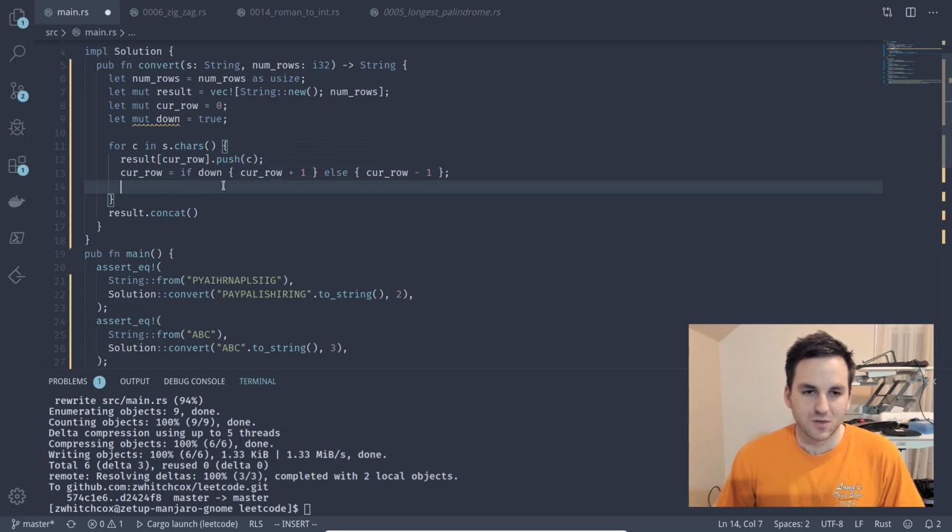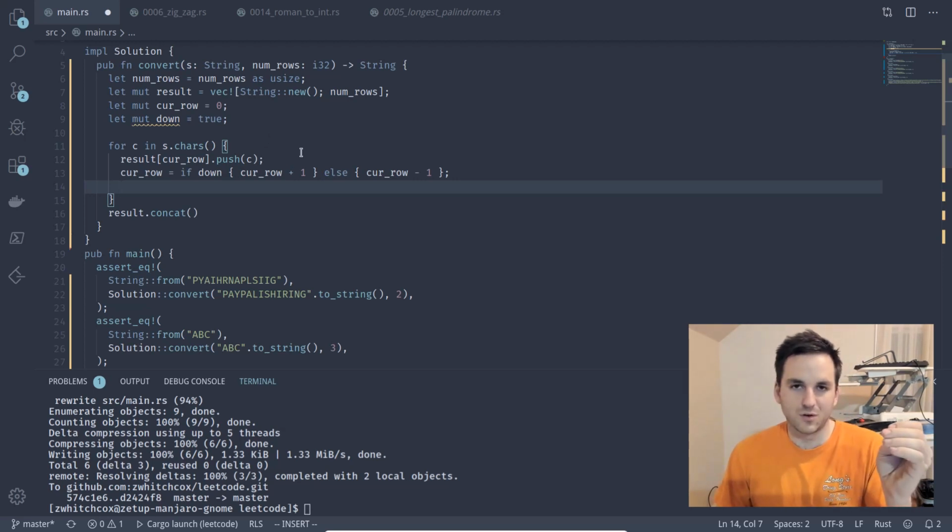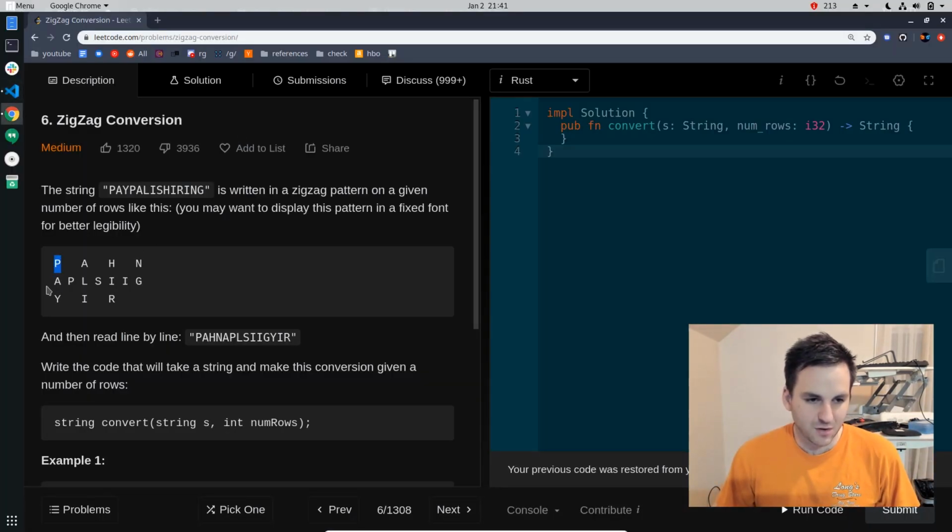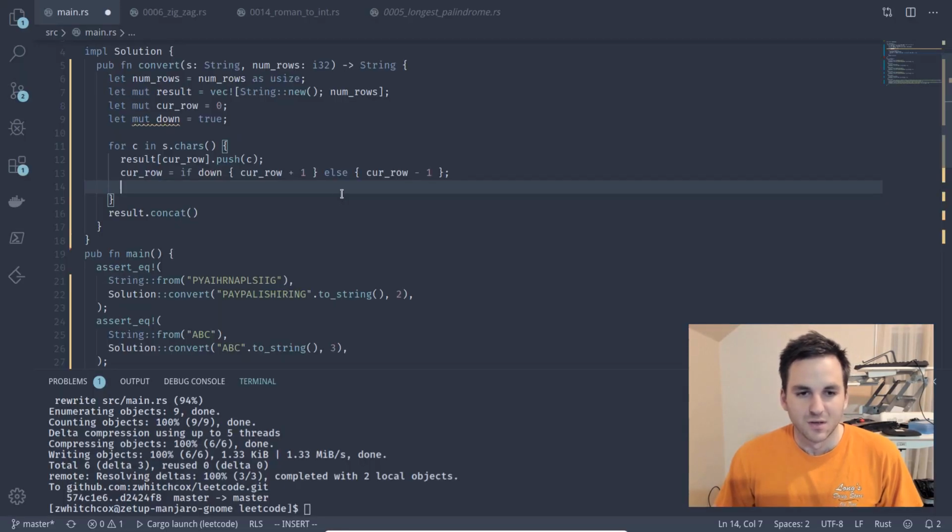And so we can do that. We'll just need to measure if the current row is 0 or if we're at the end. So if we're at the beginning of the row up here or at the end down here, any of these we would need to reverse the direction. So how we'll do that, we'll say down